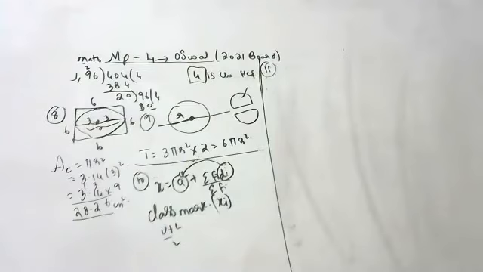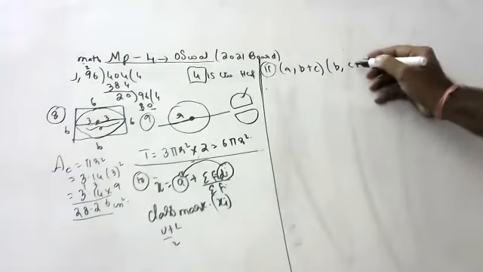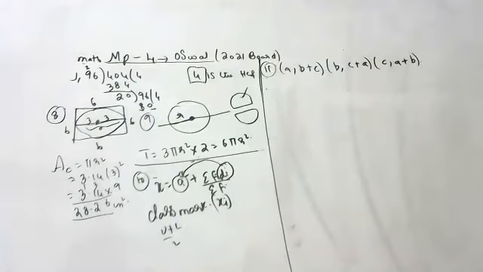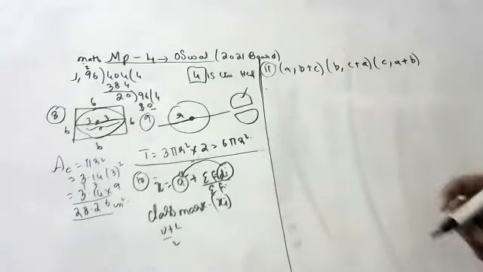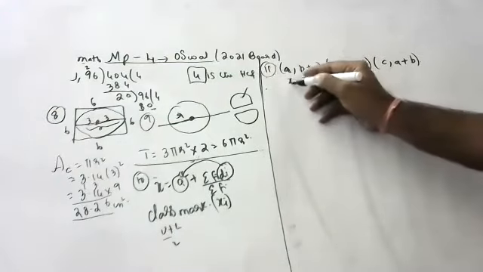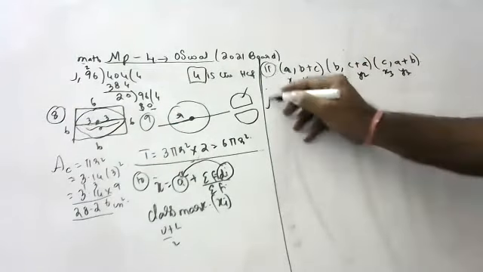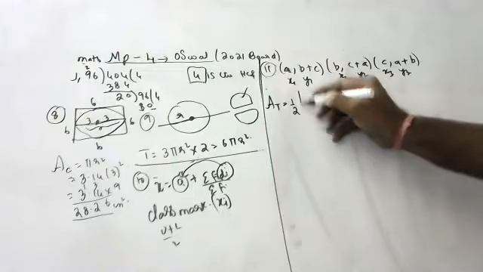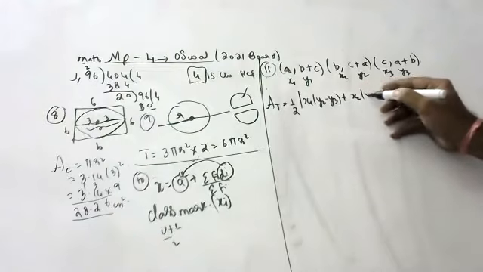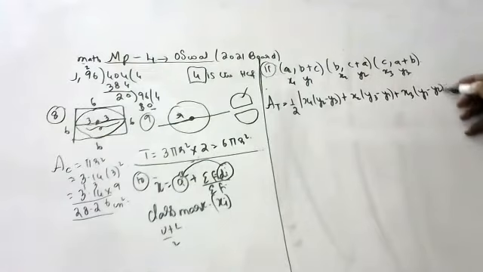Children, you have to find the area of the triangle with A into B plus C, B into C plus A, and C into A plus B. Sweta, can you tell how to do this one? Area of triangle is out of syllabus for you? At least do you know the area of triangle formula? Half into mod of x1 into y2 minus y3 plus x2 into y3 minus y1 plus x3 into y1 minus y2. This is the formula, children.